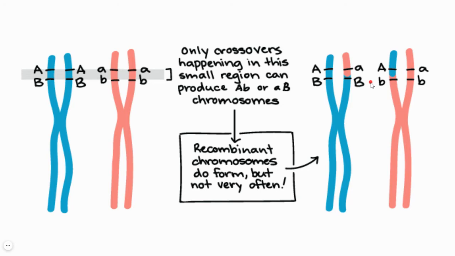That's why the percentage of recombinant type of gametes in the case of linked genes is very low. These are linked genes. They're very close to each other, so they're linked. So the percentage of recombination is very low in these areas. Other parts may have swapped, but for genes which lie close to each other, the crossover chances between them are very low.